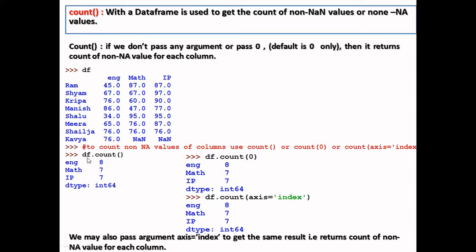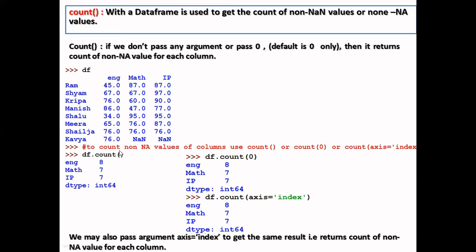For example, see what I have done here, df dot count. You can see in English how many non-NaN values are there? 8. In maths, 7. In IP we have 7 values. So it is giving you the count according to each column, how many non-NaN values there are.